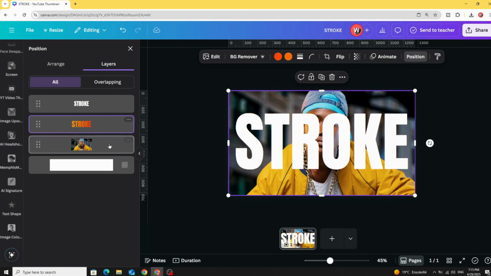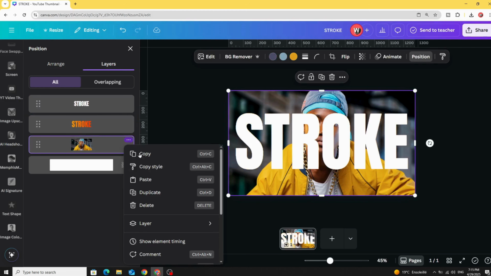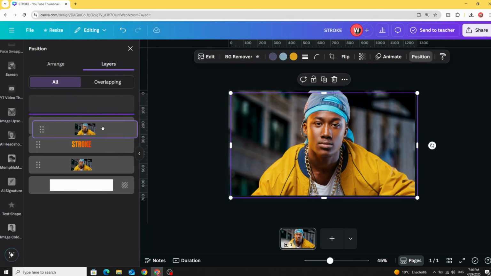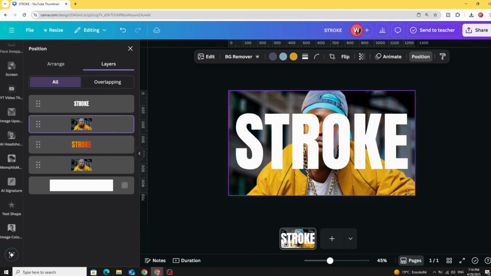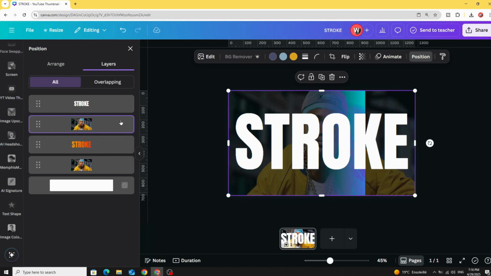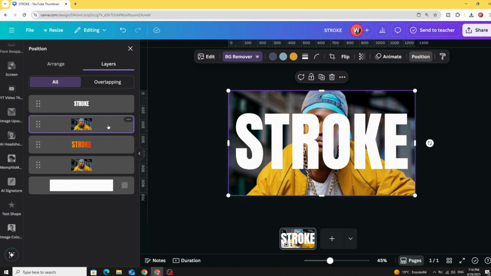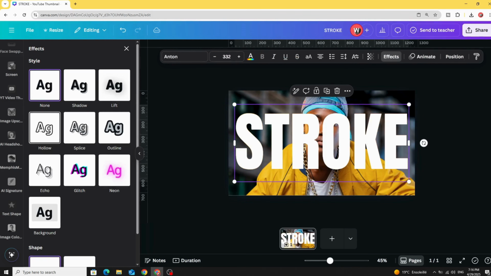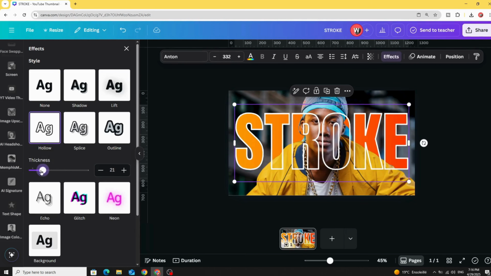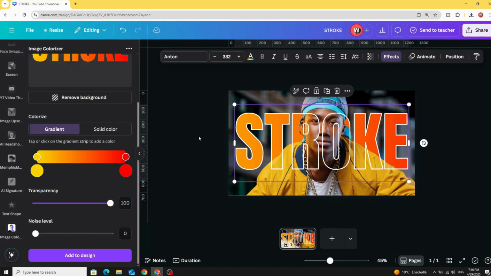Place this image here and duplicate this one. Place it here. Remove the background from this one. And go to text, go to effects, hollow, and decrease the thickness. And here is the final